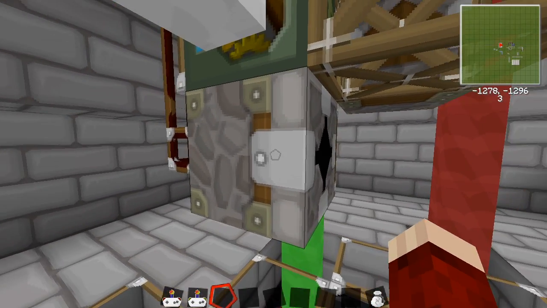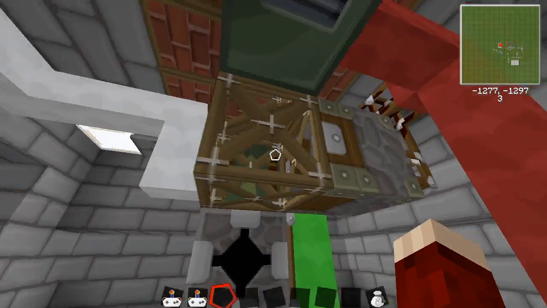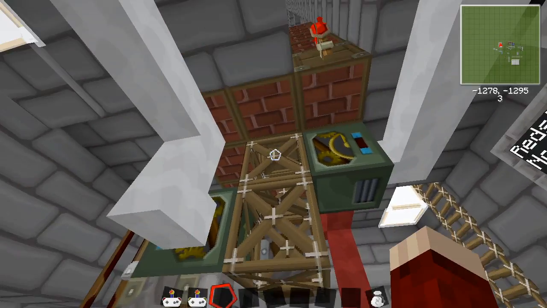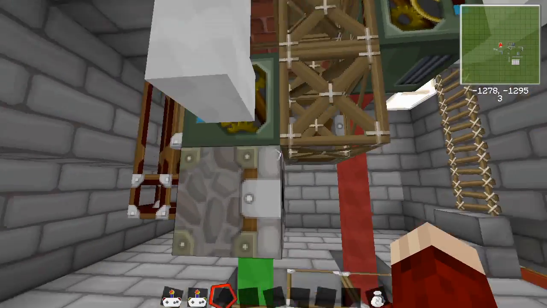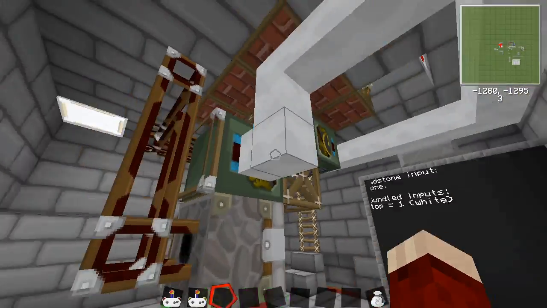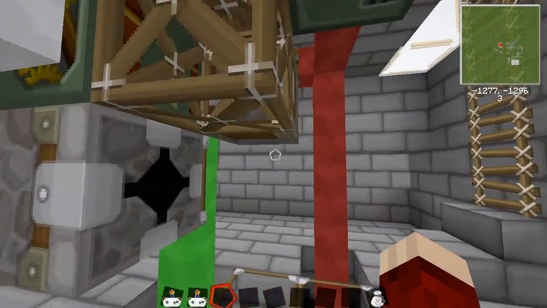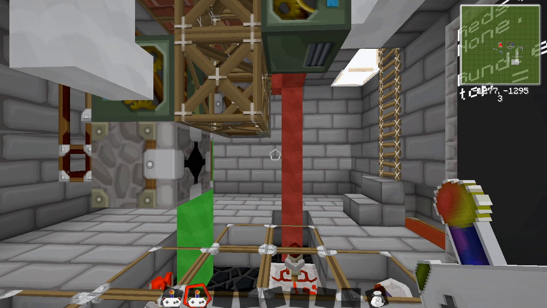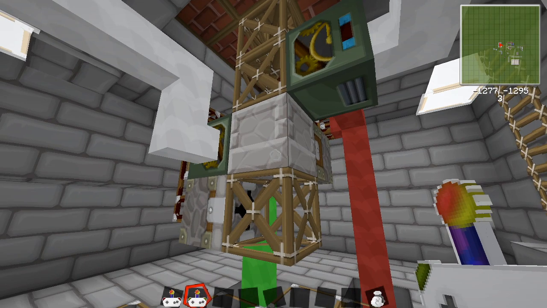That is a block breaker, and that is a deployer. So this frame supporting the lift and pushing it up and down gets created and destroyed dynamically as and when needed by the lift. So let's show it working first of all, because it's a lot easier to then explain how it works. So